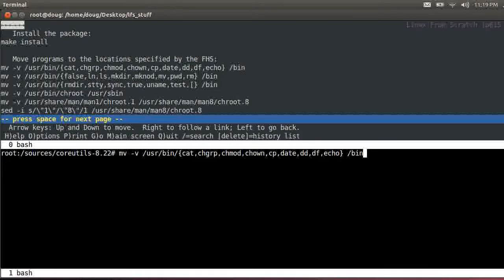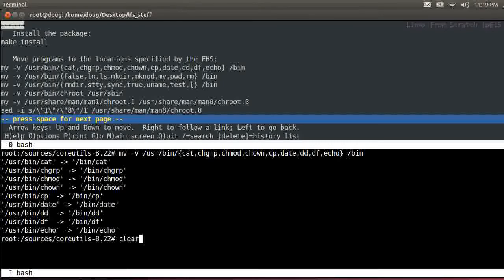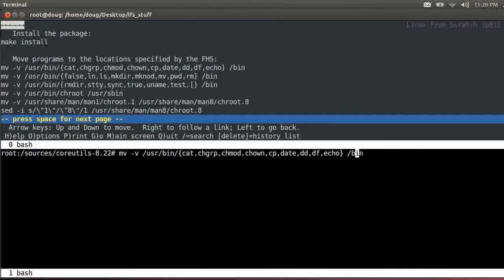Move /usr/bin/cat, chgrp, chmod, chown, cp, date, dd, df and echo to /bin. Now we need to move